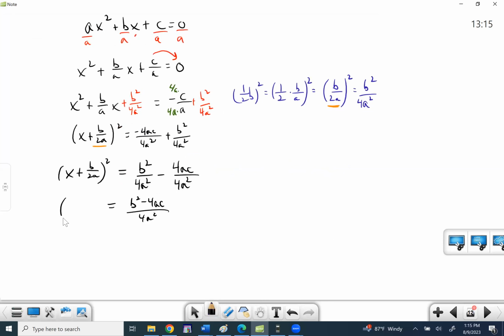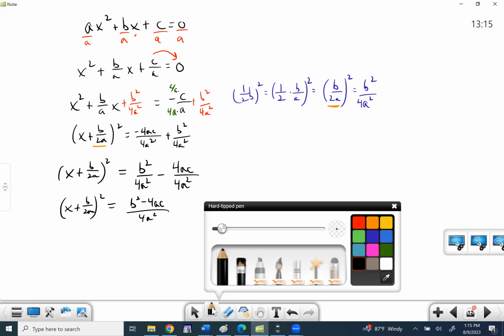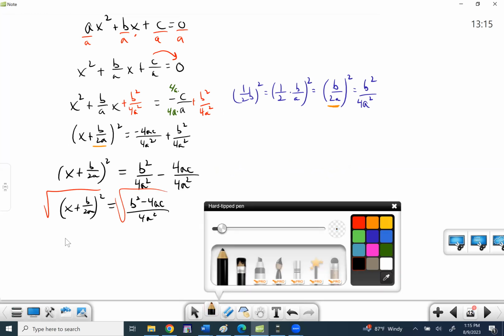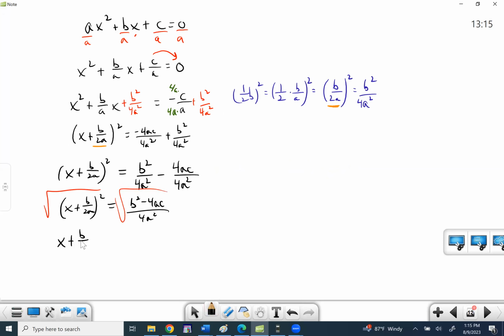All right, so we got this. I think you guys know the next step. We got to get rid of that squared. So you get rid of the squared by square rooting. Just don't forget your plus or minus, right? All right. Now it's one big root, but it really goes over both the numerator and the denominator. But I'm going to split it up into 2 little roots